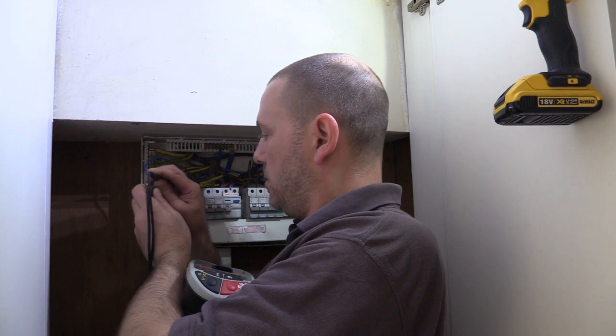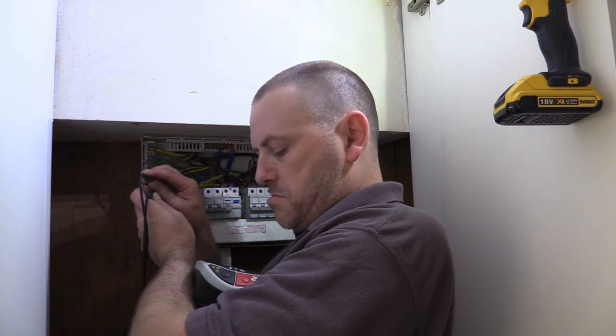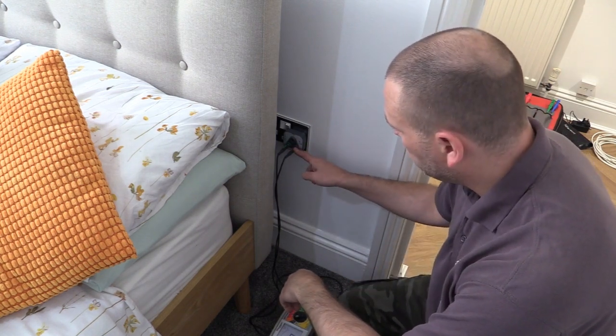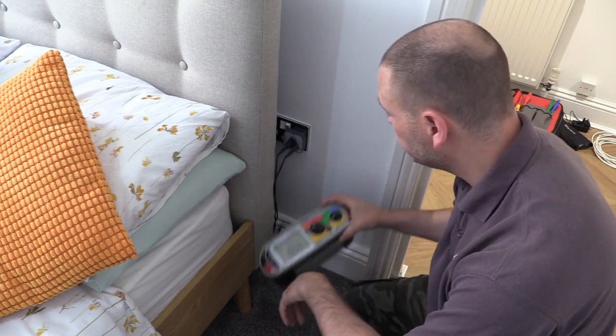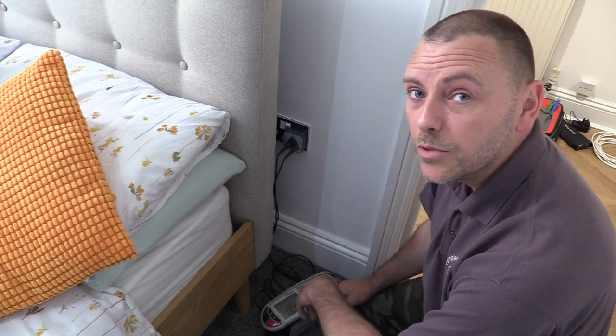So I'm getting 0.07, yeah, 0.07. So now I'm going to go to every socket between live and neutral, and we should get about the same reading. So, as I said, come to each socket between live and neutral, take a reading. Should be about the same as what it was at the board, and it is. So I'm going to go around doing that for every socket now, which is a bit laborious but worth doing